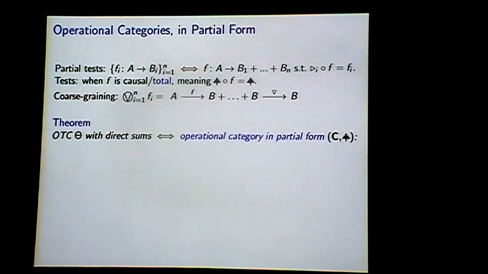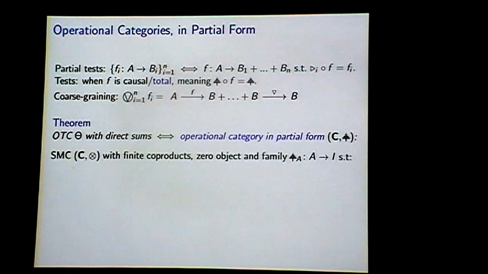So the theorem says, instead of talking about a theory with this property of having direct sums, you can just talk about a special type of category that here I'm calling an operational category, but one in partial form, and we'll make sense of that in a second. I'll quickly mention the total form. But in more detail, it's a symmetric monoidal category. It's got these finite co-products and these zero arrows, and so a zero object. It also comes with these discarding maps, so we need to impose them as some extra structure for now. And it satisfies some conditions.